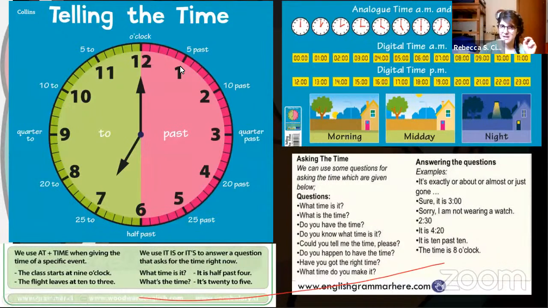So this is 5. I mean, you know how to tell the time, but just 5, 10. This is quarter, because a quarter is like a fraction. So basically you're talking about half of half. So okay, I'm not really good at explaining this, but we tell the time almost by comparing it to a pie chart, right? To a pie, imagine, or a pizza. Okay, imagine a pizza. We cut the pizza in half,